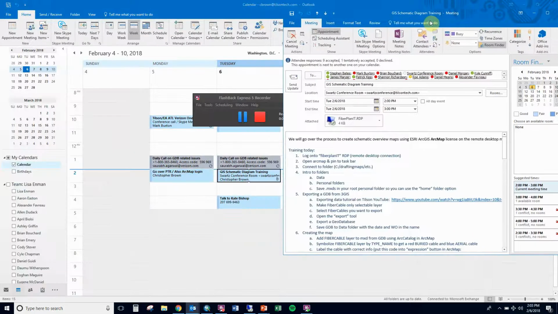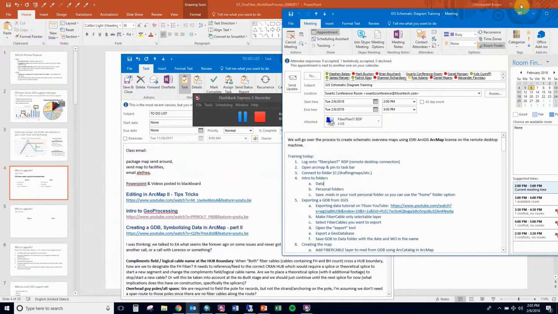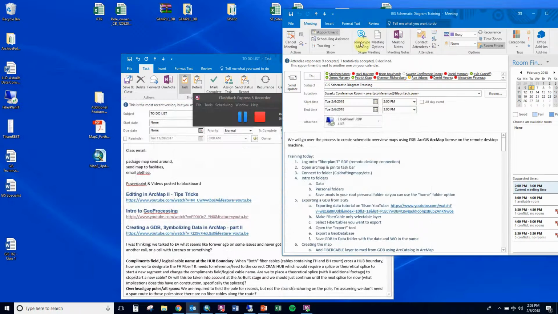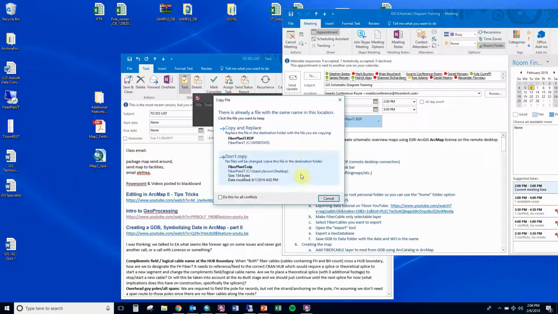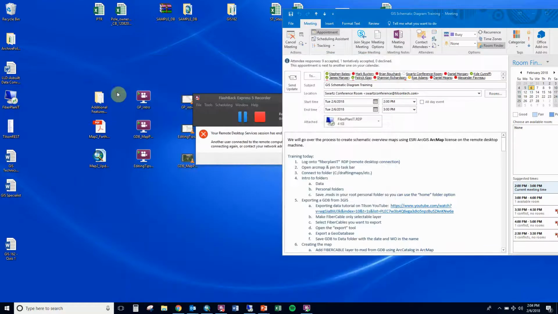I mentioned for anyone who got this invite, just go drag this FiberPlanIT RDP link onto your desktop. I already have it there. And when you go into it,